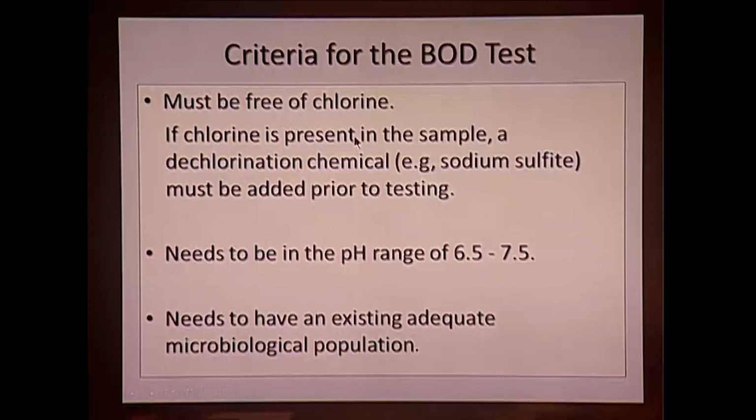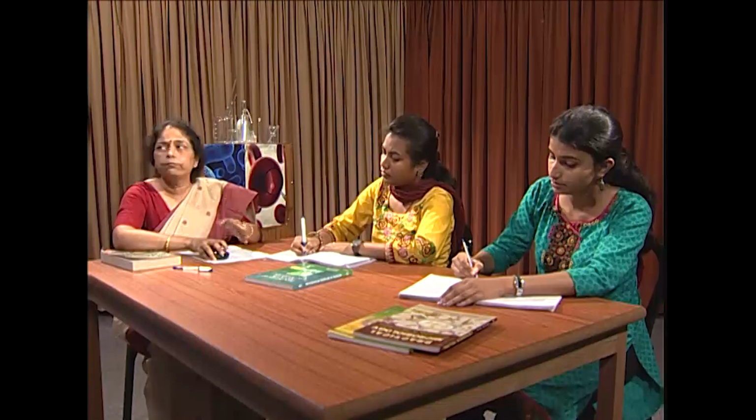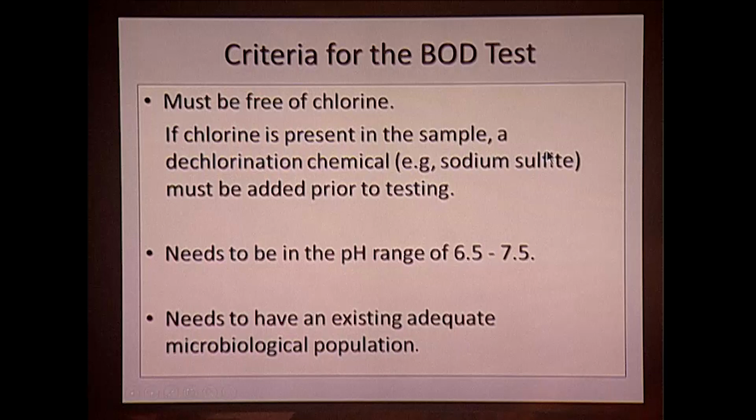Each and every water sample cannot go in for the BOD test at random. There are certain criteria which have to be followed when a water sample goes in for the BOD analysis. It must be free of chlorine. It should not have any chlorine because it inhibits the BOD process. Chlorine is a very good oxidizing agent. So, if the sample is having chlorine, we should always put a dechlorination agent, and that dechlorination agent can be